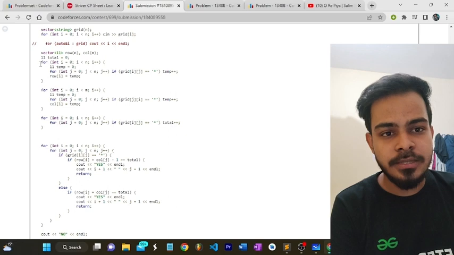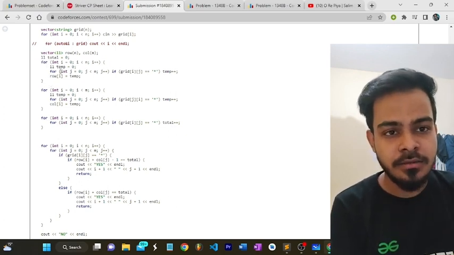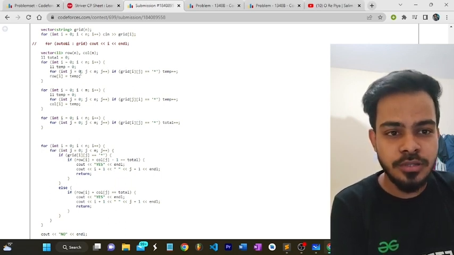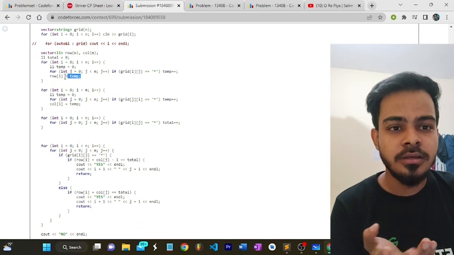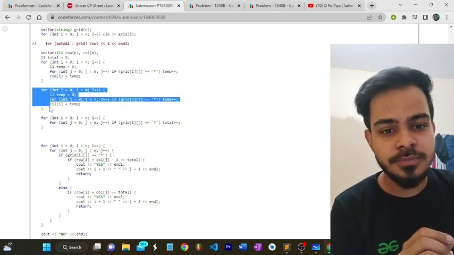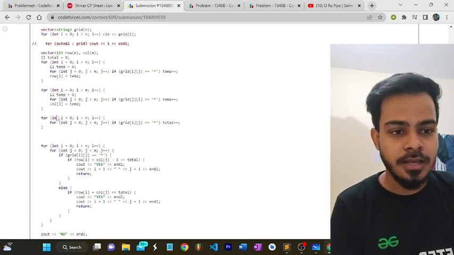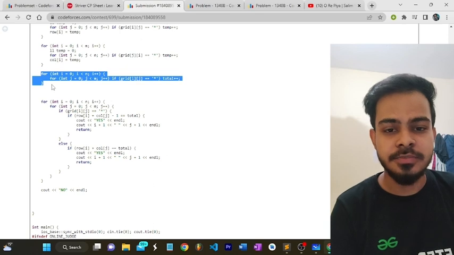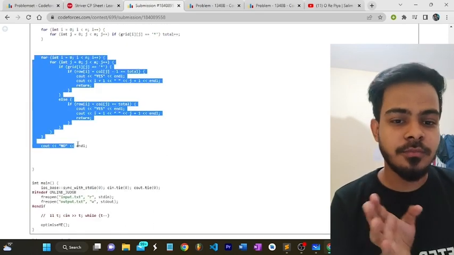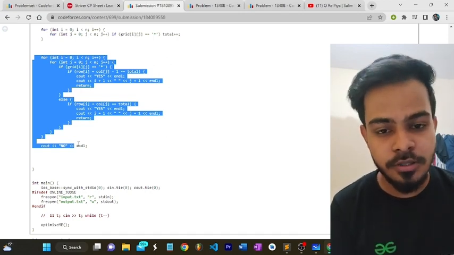So from here I have started maintaining my row vector and column vector as well. First of all, I have maintained my row vector. I have traversed through the matrix, and I have counted all the houses present on my ith row, and I have stored the number of houses present on the ith row at the ith index of my row vector. And similarly, I have stored the number of houses present on the ith column at the ith index of my column vector. And then I have counted the total number of houses present in my grid. And after that, I have started placing the bomb on each of the boxes of the grid and checking whether I can destroy all the houses after placing the bomb on that box or not.